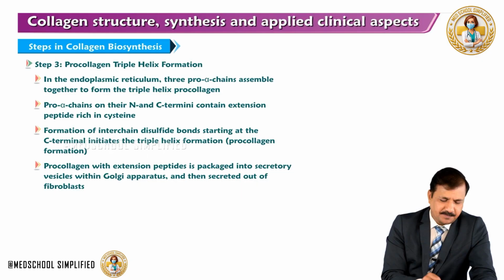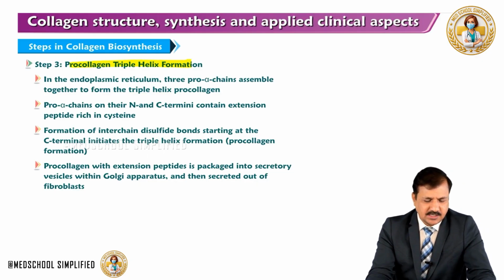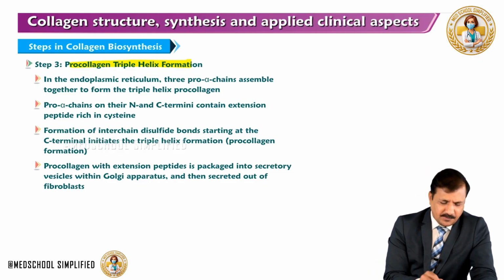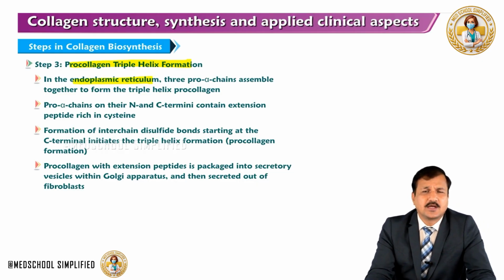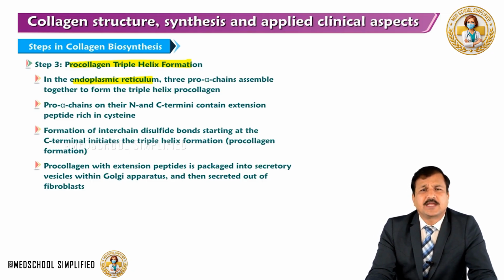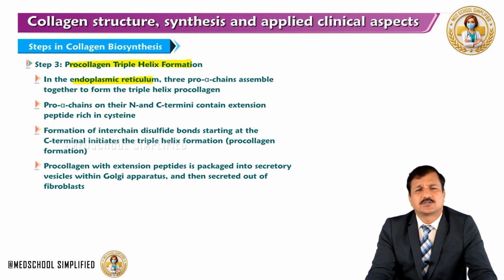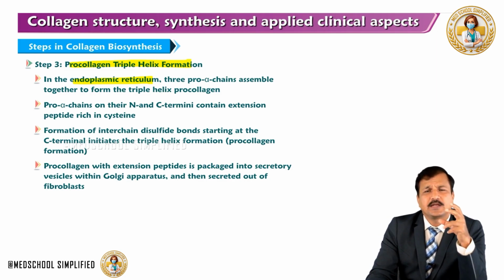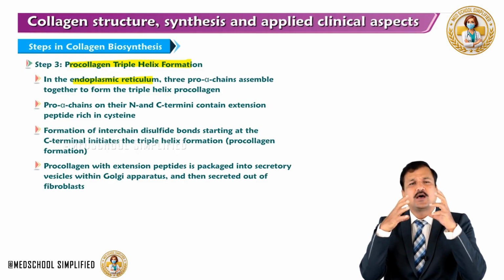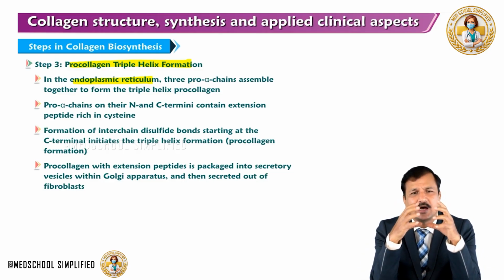Coming to the third step in collagen biosynthesis, procollagen triple helix formation. So, in the endoplasmic reticulum, look at the subcellular location. Three pro-alpha chains assemble together to form a triple helix procollagen molecule. These pro-alpha chains have N and C terminal extension peptides which are